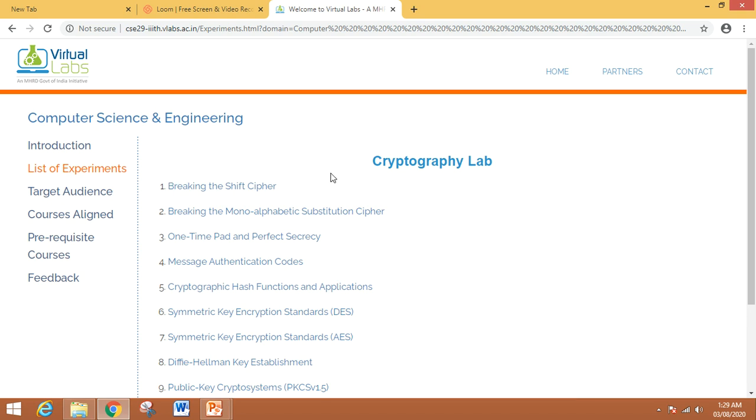As far as the first experiment is concerned, we have to carry it out in two practical slots. Today you can perform the practicals for encryption, decryption, substitution cipher, and the transposition cipher. And next week we can perform the virtual labs by IIIT Hyderabad.